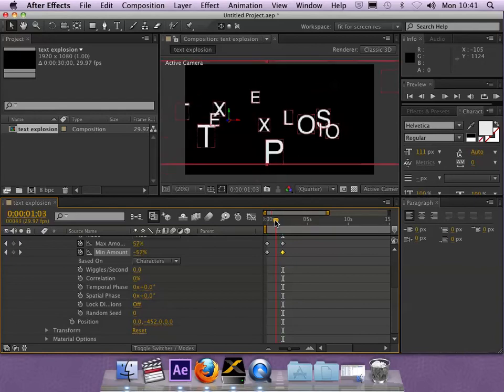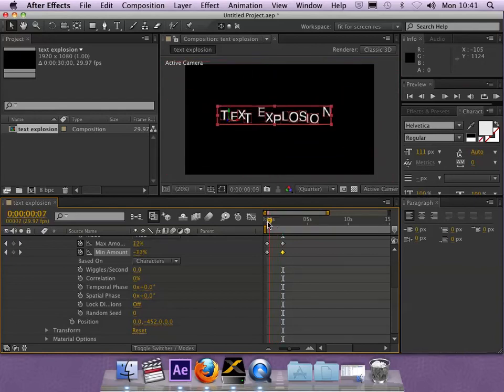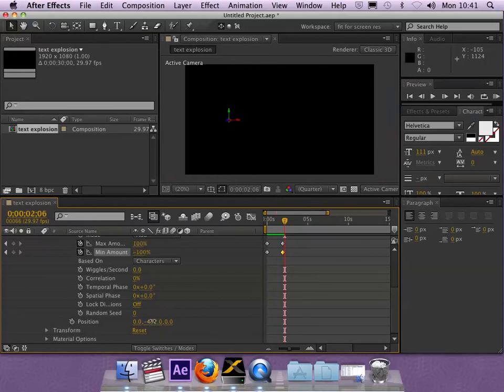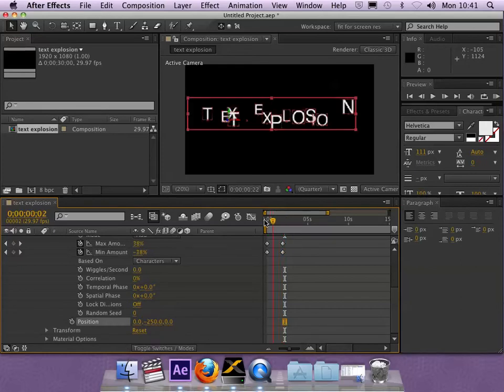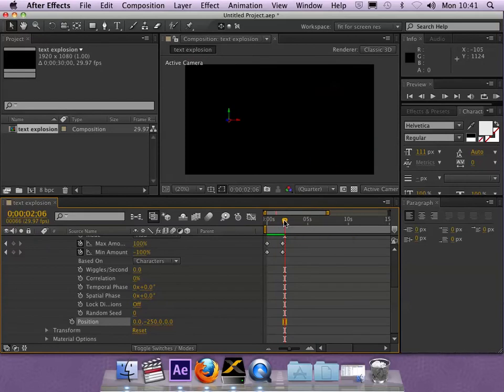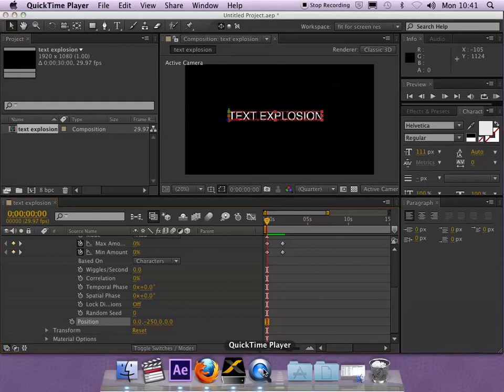And now it starts to go off in all directions. So that's looking more like I expect it to look. Now I might make it slightly less so that it doesn't go off the screen as much. Minus 250 might do the job. Okay, that's better. Now the last thing I'm going to need to do is to make the text rotate as